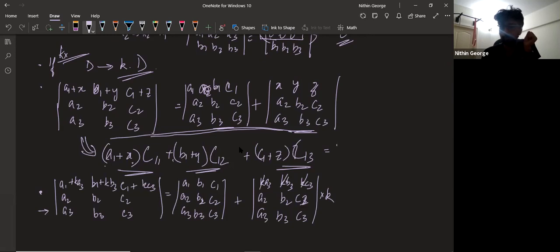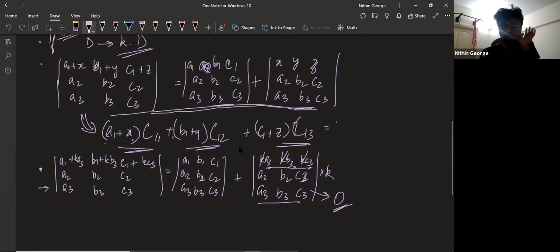So I take K common outside from the first row. From each row, you can take things common for a determinant. Then there is A3, B3, and C3 as both similar rows. So what does this mean? This part will have determinant value 0. Two rows are the same, so you get determinant value 0. You only get this remaining. So that's the basic idea I was saying. To any row or column, you can add a constant multiple of any other row or column. Got this? You get the same determinant. This is what you get finally.